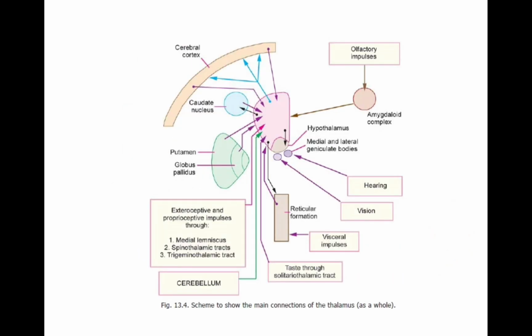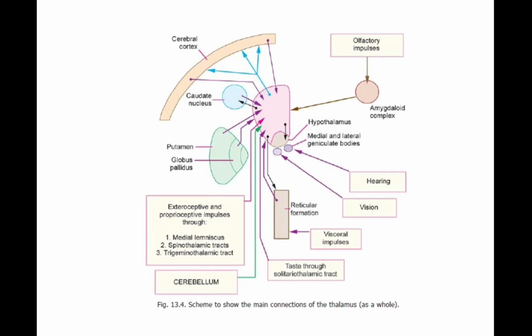Okay, now next is thalamus connections. These are the connections of the thalamus. So the thalamus is the brain's central hub, that almost all information going to the cortex has to pass through it first, right? So this diagram shows what goes in and what goes out of the thalamus. You can see vision goes in. Now clearly observe the diagram. I am not pointing out anything else because it might confuse you. You have to observe the diagram while I am explaining.